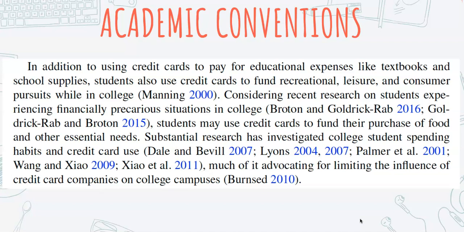For example, academic writing requires that you cite sources appropriately and give credit to the scholars whose ideas you are referencing when you are discussing ideas in the research that are not yours. In this way, you are engaging with the academic conversation on a subject while giving credit where credit is due. You can see an example of this in the screenshot. One thing you'll notice is that there are in-text citations supporting the claims being made by this scholar in the sentences. This is probably a clear example of when you can understand the difference between scholarly writing and non-scholarly writing. If it has citations like this, it's a pretty clear indicator that these are academic conventions being used in a